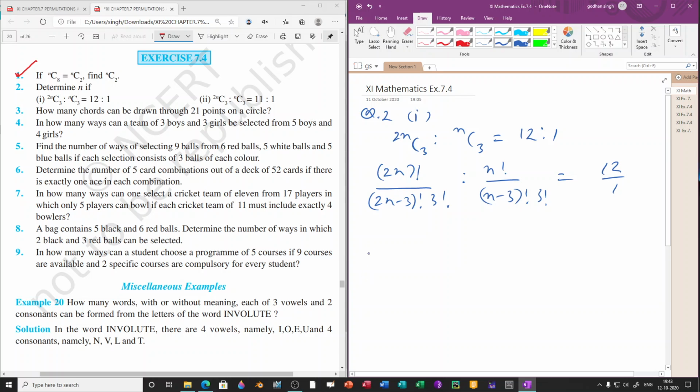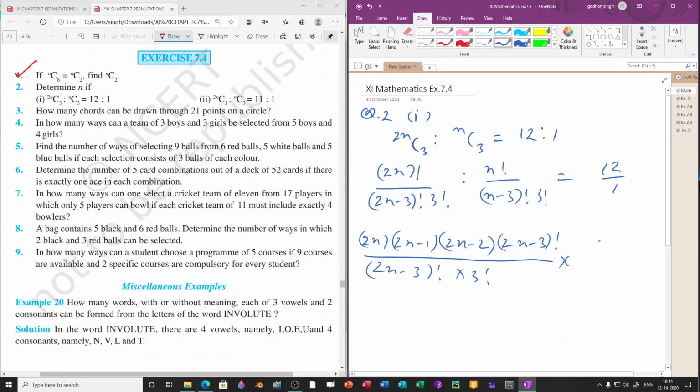And here we can see that 2n whole factorial is bigger than 2n minus 3 whole factorial. So we will just split up 2n whole factorial, that can be written as 2n into 2n minus 1 into 2n minus 2 into 2n minus 3 whole factorial over 2n minus 3 whole factorial and into 3 factorial